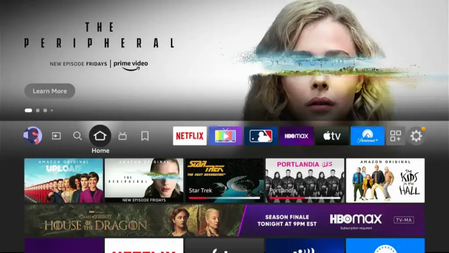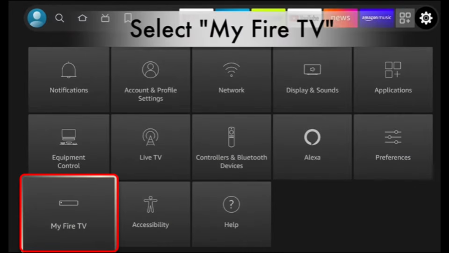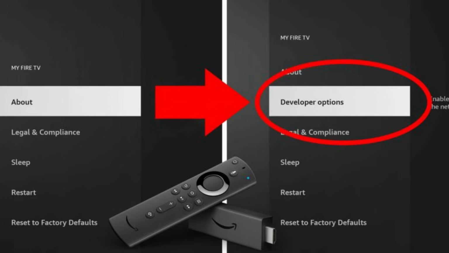So first is just go into your Fire TV dashboard, and then at the right corner of your screen, you should be able to see a gear icon. Just simply tap on that. Now, once you're on the next page, just simply select My Fire TV. And then next to that is just go into About for you to be able to have the option of